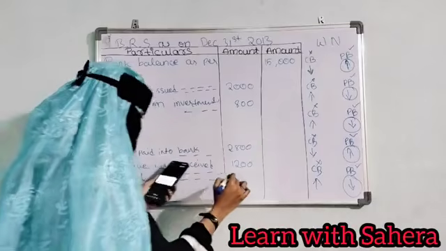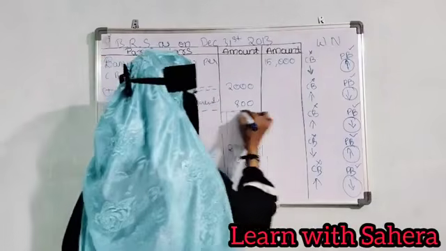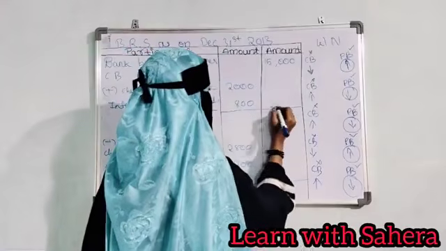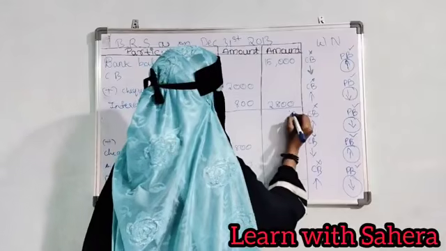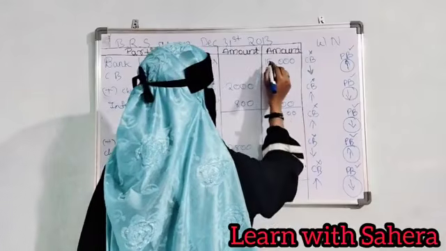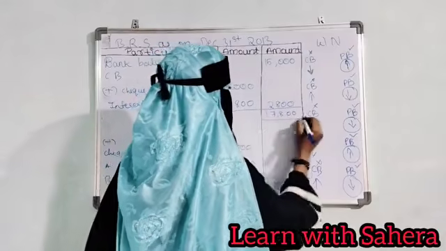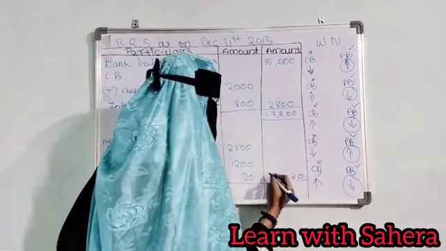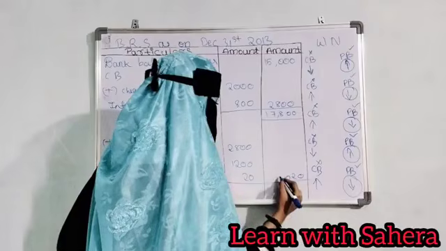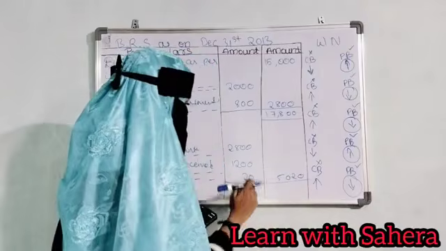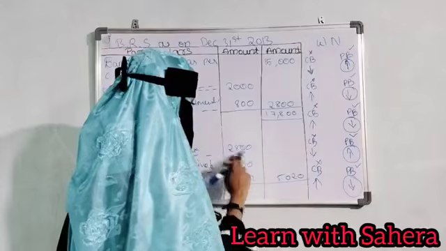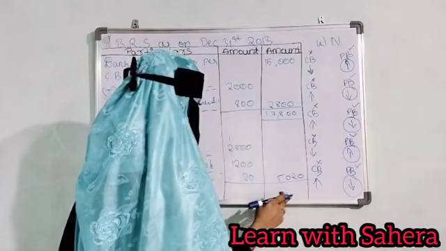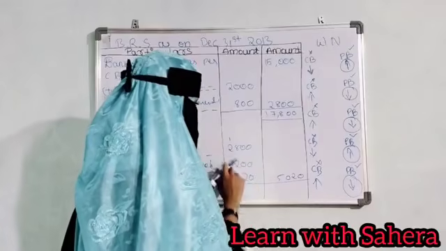How much is the amount? It is 20. Now simply you have to add this amount. 2000 plus 800 is 2800. If we add it, how much will it be? 2, 5, 6, 7, 1. So it is the total. So you have to add this also. 0, 2, 8, 9, 10 means 3, 4, 5. Yes or no? Sorry, it is 4.